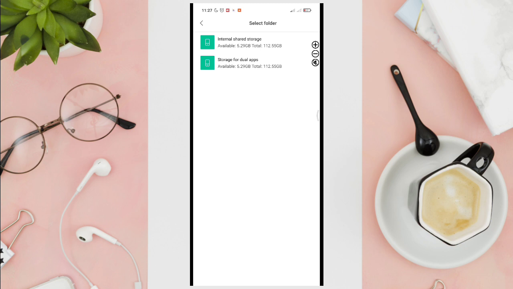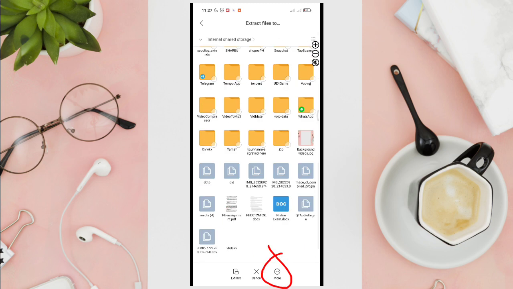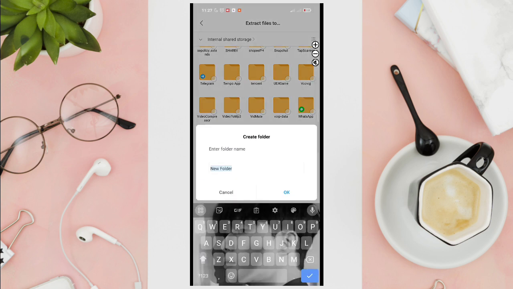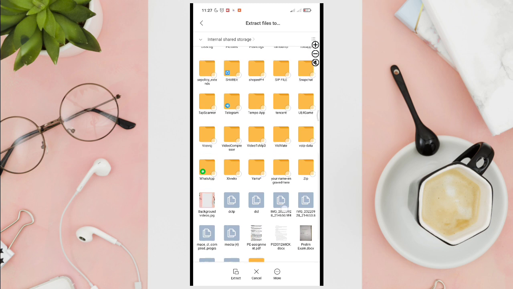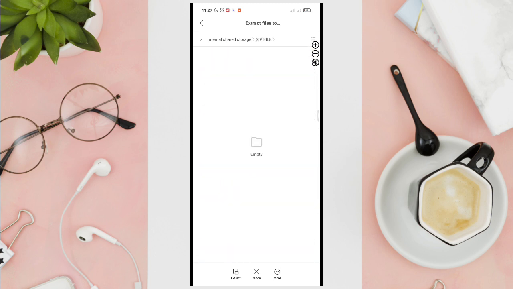and then choose a storage for your file and then click on the more option at the bottom right corner and then click on create folder and then create a name for your folder, for example ZIP file, and then let's locate that folder here and then extract your ZIP files here and then you'll just have to tap